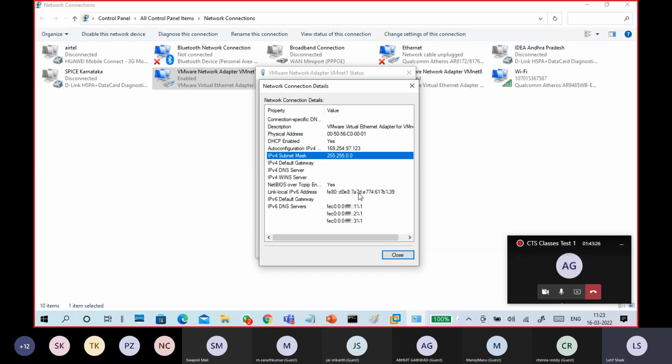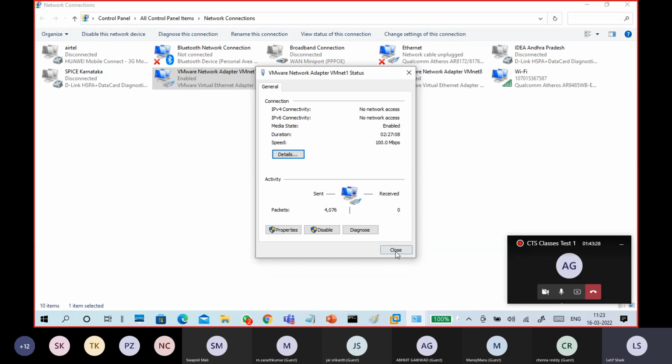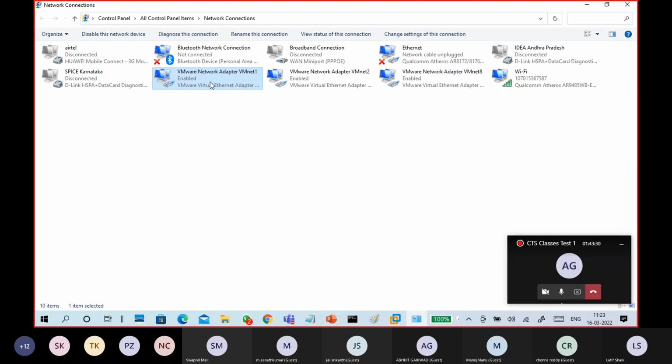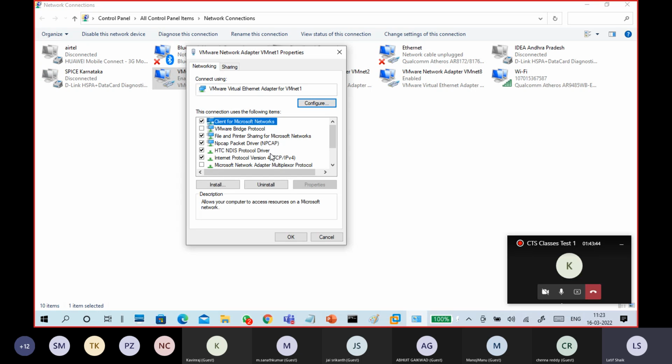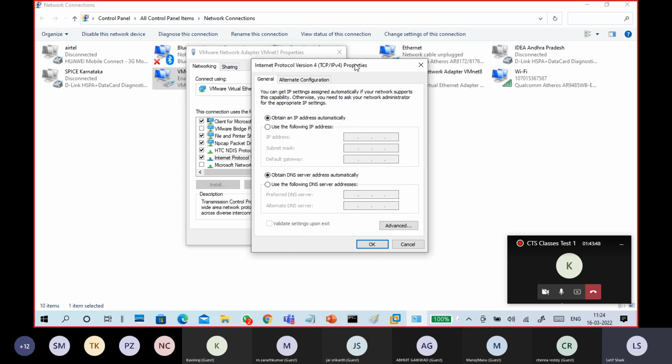Meanwhile, it is still showing an APIPA address. What to do, guys? Sir, we need to change the IP address to automatic. Yeah, it should be automatic, right? So it is in automatic only already, as it is showing